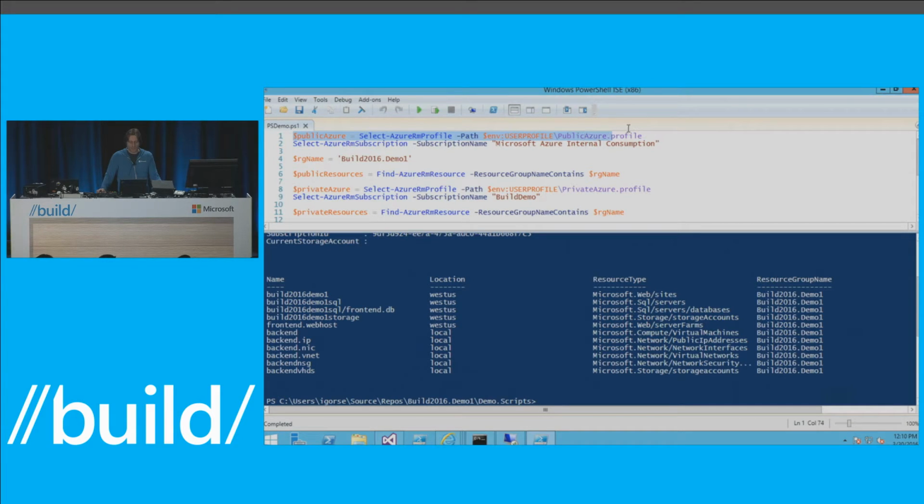Here's a trick. Might be interesting. So I'm using this feature of our PowerShell system called profiles. What you can do is you can basically have a session, manually log in, use your service principal, and create a session with Azure or Azure Stack, and then you can save it into a profile, into a file.